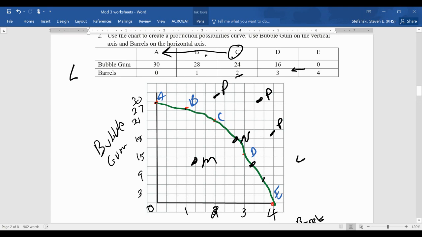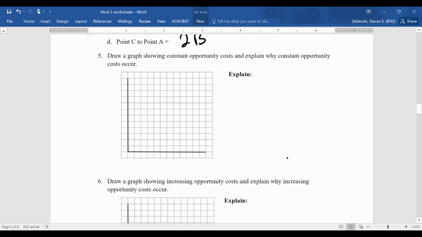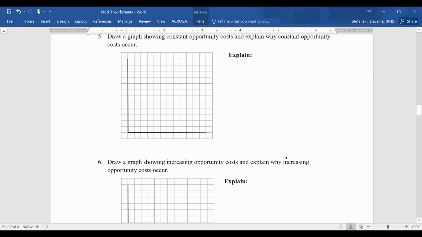So your answers for A here should have been 2 bubble gums. I'm going to just put 2 bubble gums. For B to C, once again, was 4 bubble gums. Then from E to D was 1 barrel. And from C to A was 2 barrels. Okay? All right. Next, it says draw a graph that shows constant